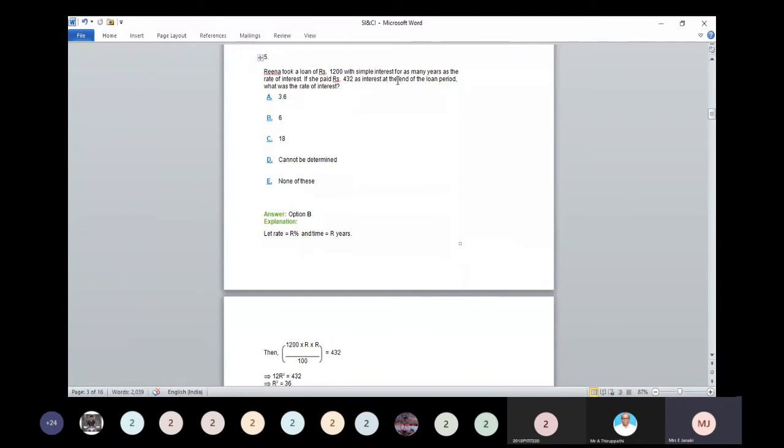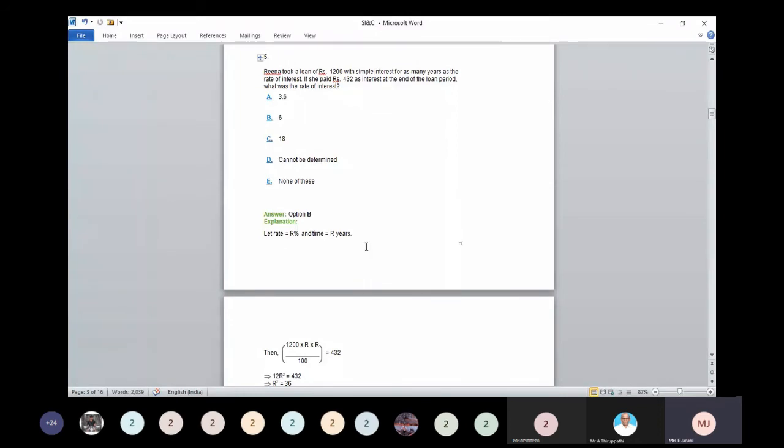The simple interest is for as many years as the rate of interest. So we don't know the rate of interest. Suppose the rate of interest is R%, and the time is also R years, because it is given as many years as the rate of interest. Suppose your rate of interest is 4%, then the time will be 4 years. If the rate of interest is 5, the time will be